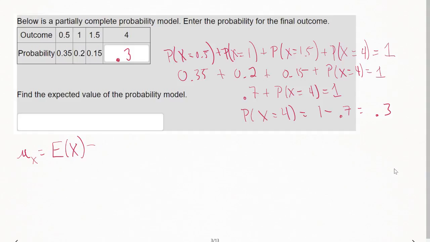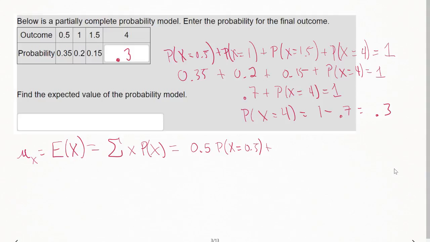Okay, and what they mean are the summation of X times P of X. What does this mean? Well, in our case, it's really not too bad. All you're going to do is take the outcome and multiply by the probability. So you're going to go 0.5 times the probability that x equals 0.5